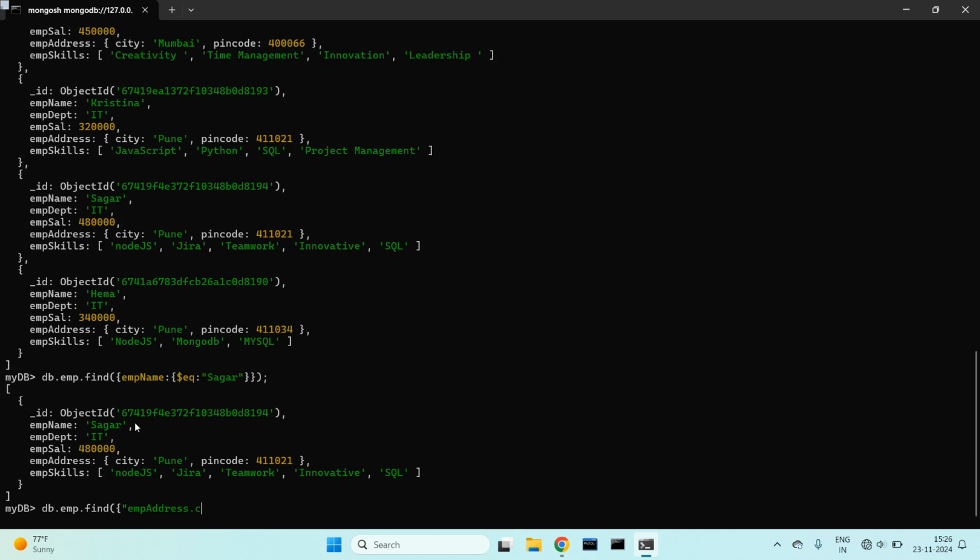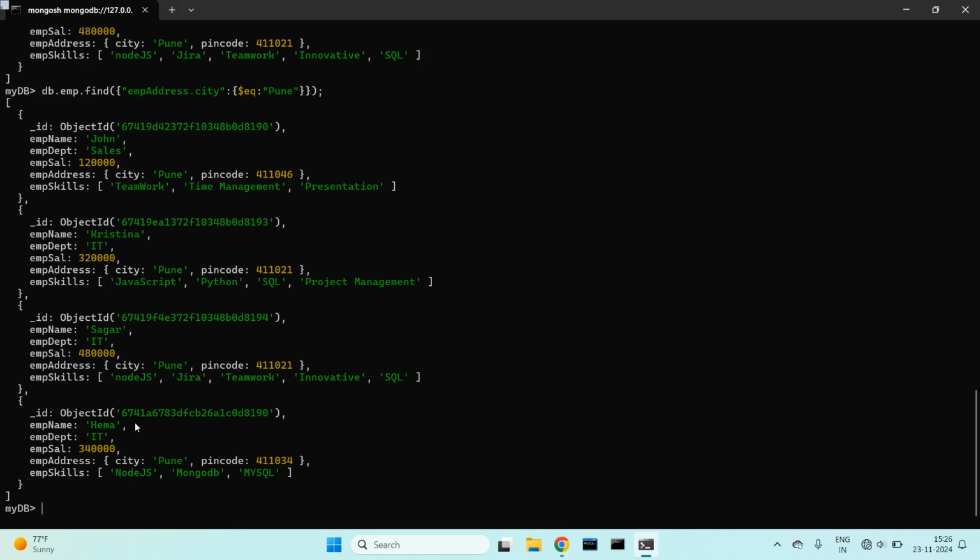I'm searching for emp address dot city. You are expected to write dot city in order to search for a key in the embedded document, and then colon, write $eq, and then colon the value I'm searching for. Let us say it's Pune, and then close the documents.